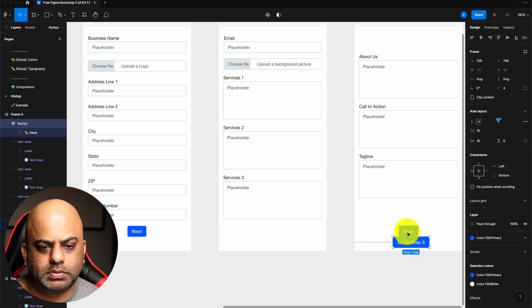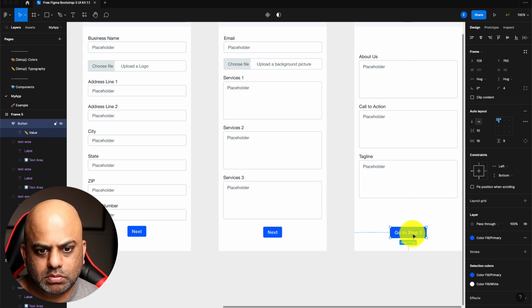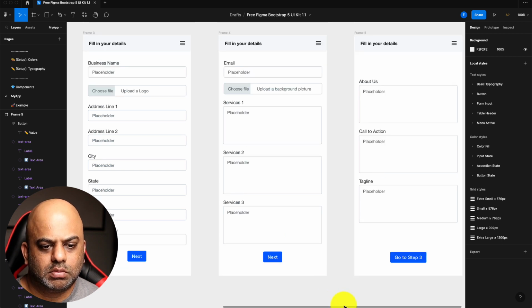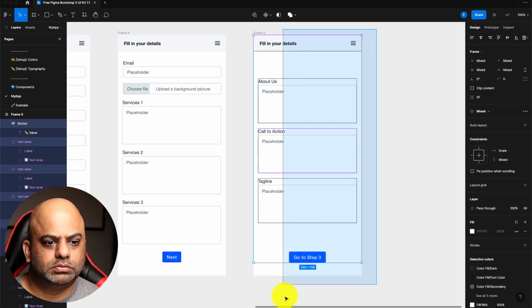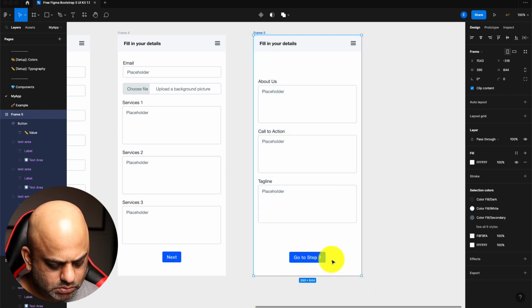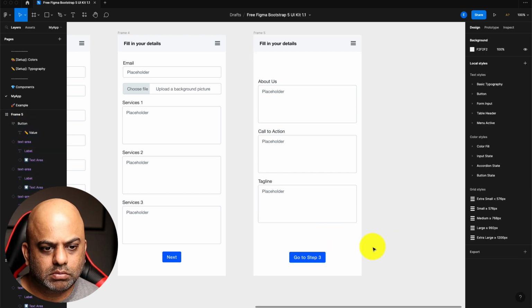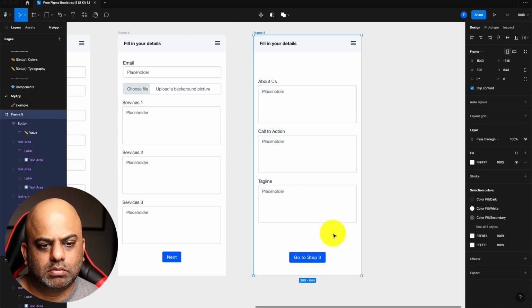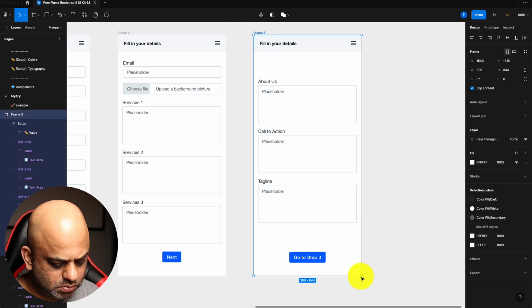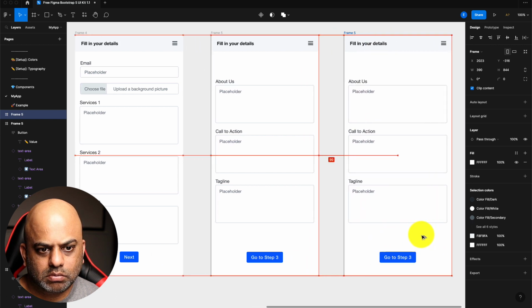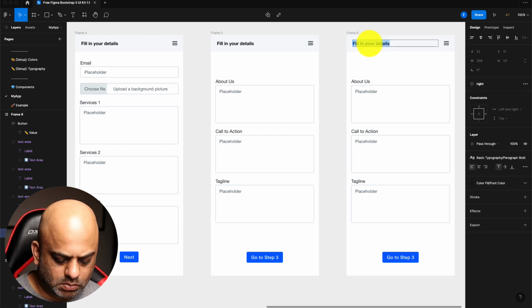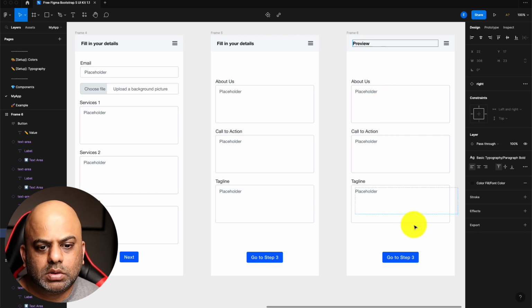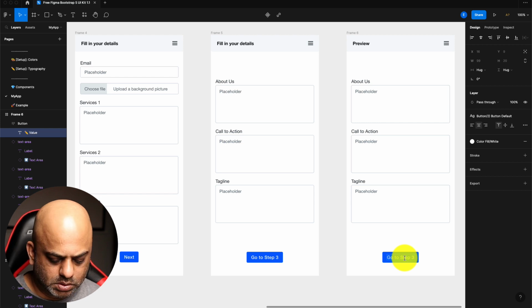Should be this one. So this will be the preview. This one should be...